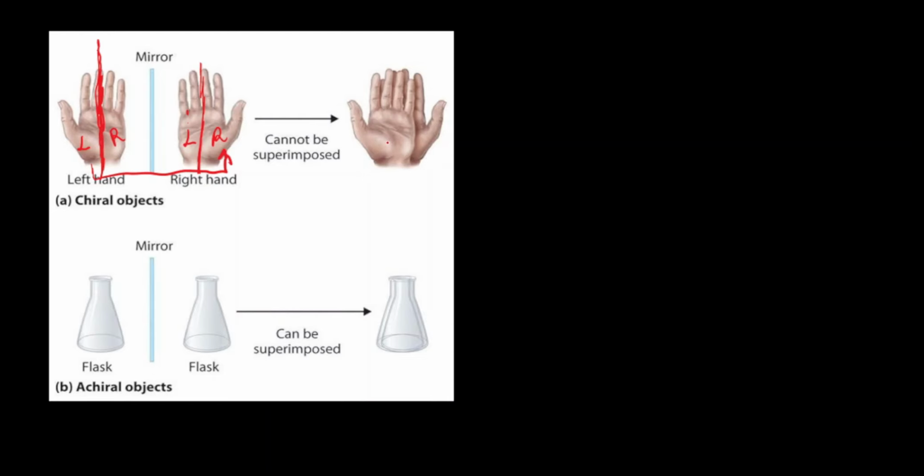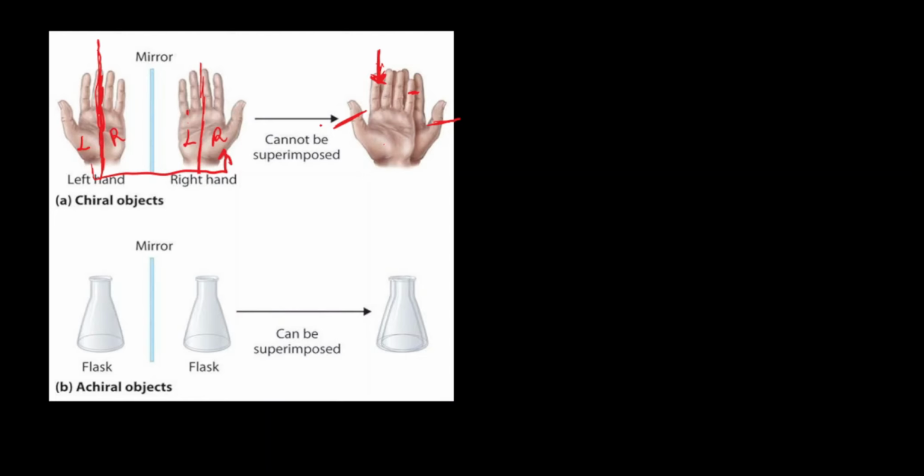Notice that if we try to superimpose it, the thumb doesn't lay directly over the thumb here. So the thumb in front doesn't lay over the thumb here. The pinky here doesn't lay over the pinky in the hand behind. The hand behind has its pinky here, while the hand in front has its pinky here. So they are unable to be superimposed, and it's because of the asymmetric nature, because the left is not identical